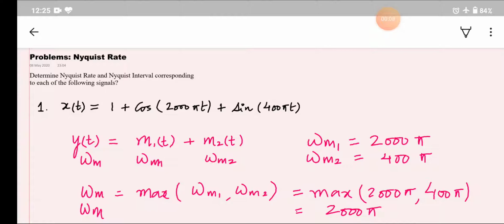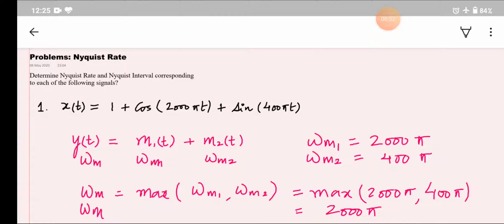In the previous video lecture on the problem on Nyquist rate, we have seen one problem which is shown here, in which the signal is the sum of two or more signals, 1 plus cos 2000 pi t plus sin 400 pi t. So if the signal is the sum of two signals, then whichever of omega m1 and omega m2 is the maximum will become the omega m for the signal yt. In this way, here for the signal xt, omega m will be 2000 pi,